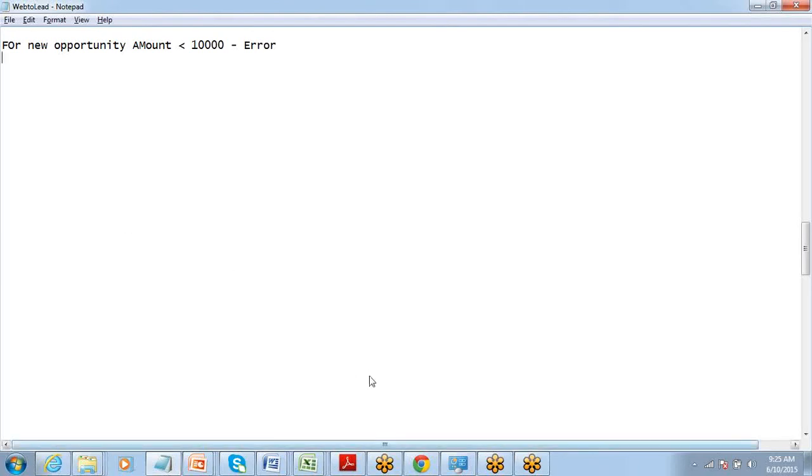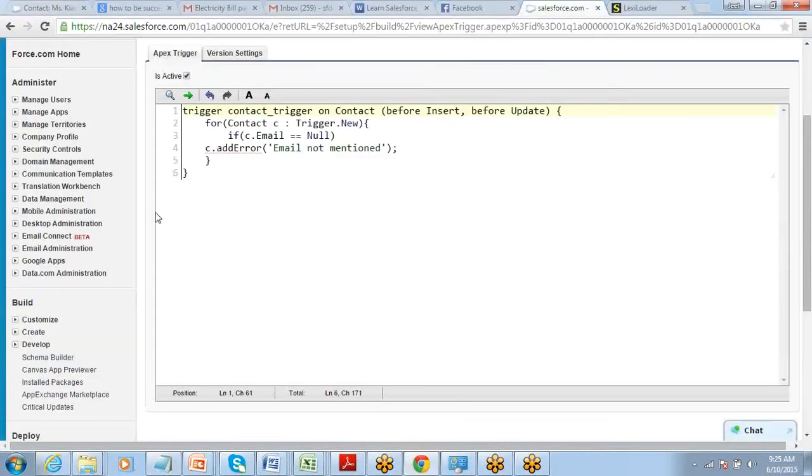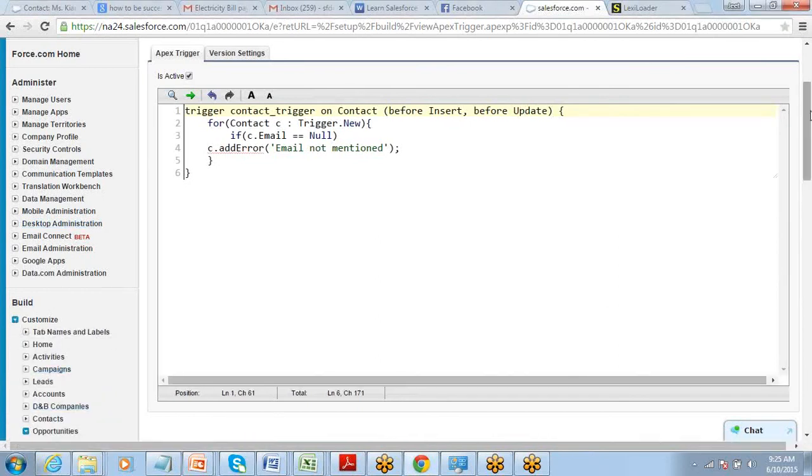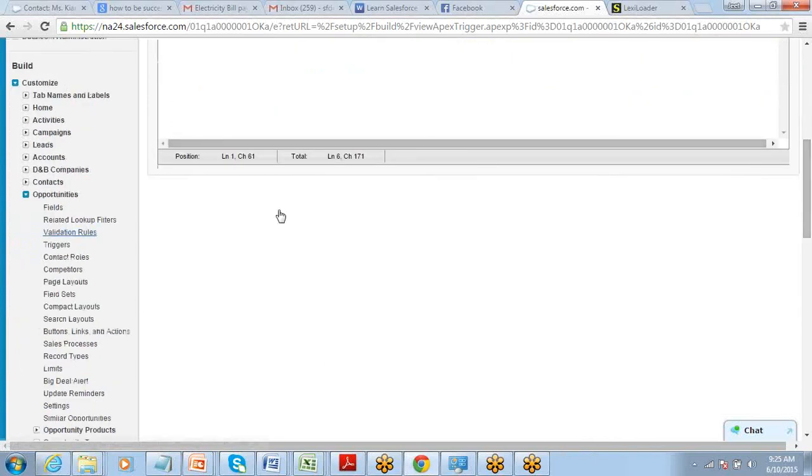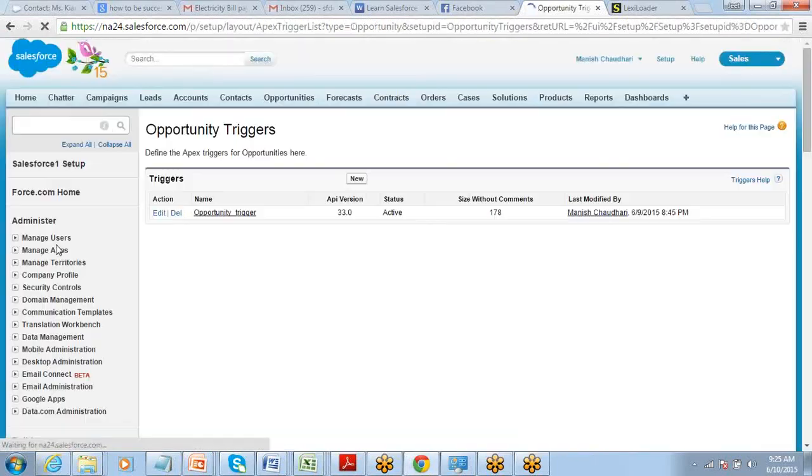Alright. So let's go ahead and modify the code there. Just go to customize, opportunities, triggers. The one that you have written, I will just modify that code to make a few changes here.